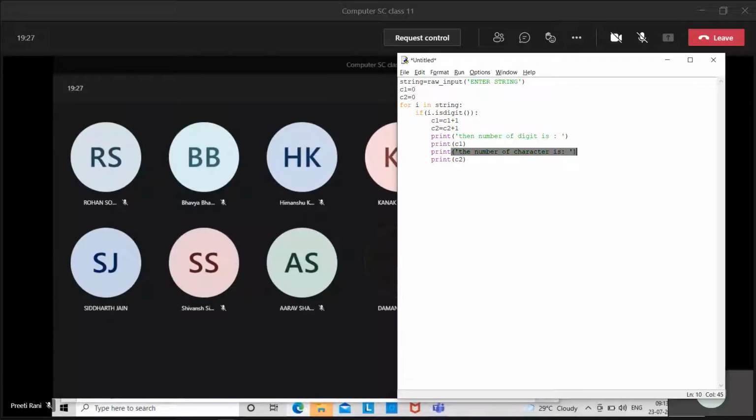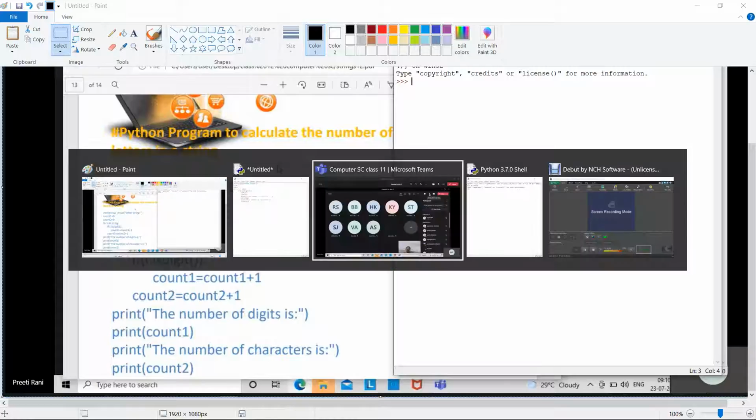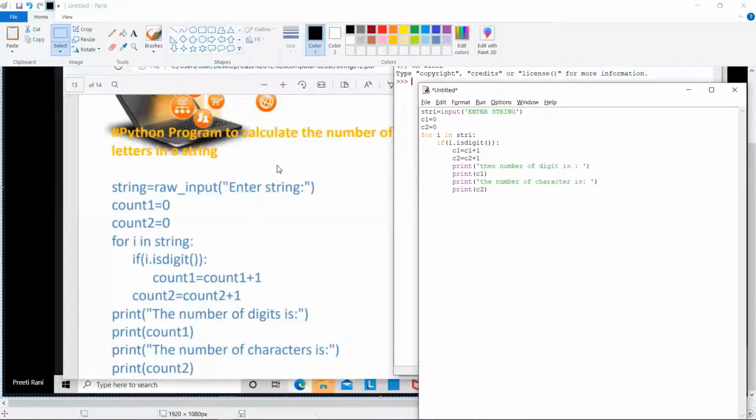Ma'am, why are we putting raw underscore input there? Don't put raw. Take the input directly, the input string directly. Don't put raw. I'm just telling you. Ma'am, I've put string. Ma'am, I didn't understand the logic of this question. First do this in your computer, then I'm dictating that once again. Ma'am, I've done it.